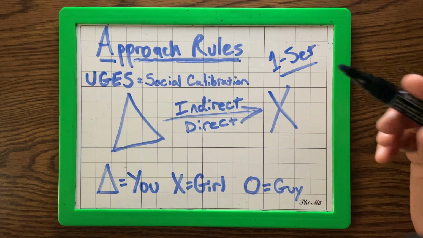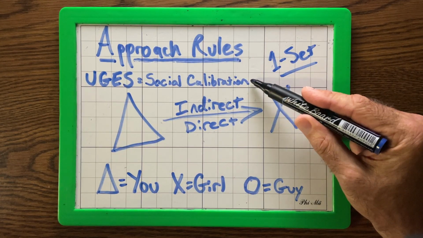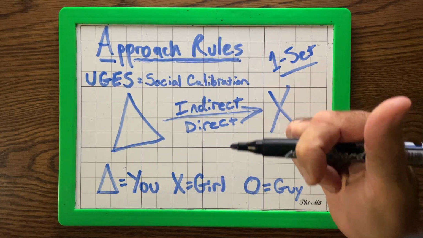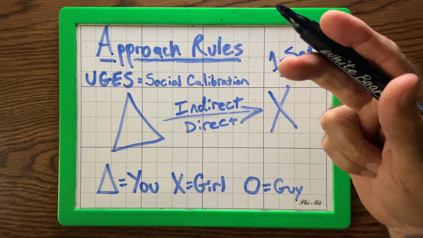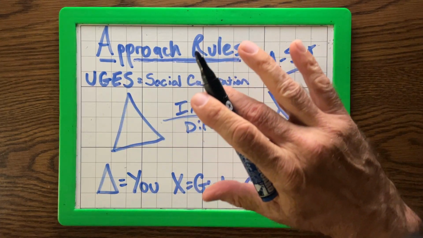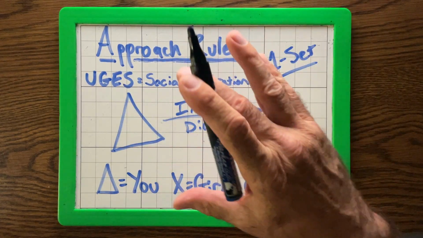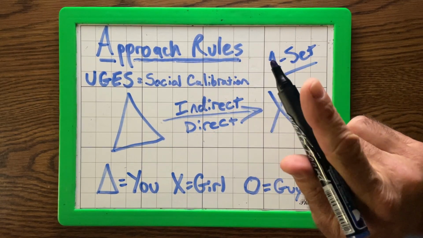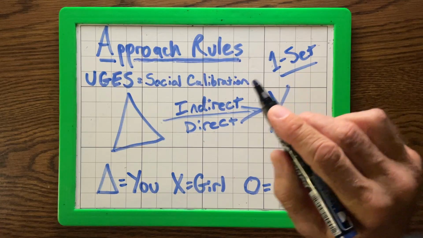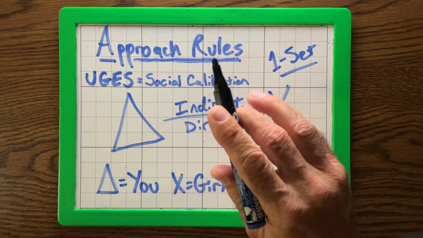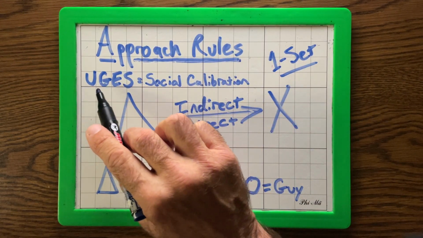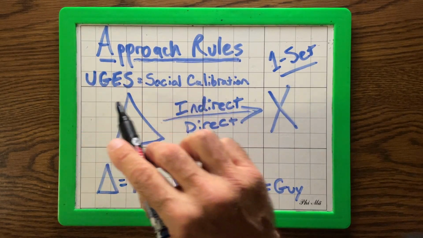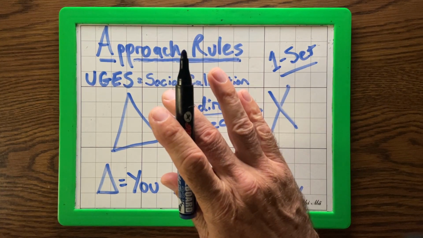And in order to talk about how to do it, we have to talk about social calibration. Social calibration is doing the right thing in the right way and at the right time so that everything just flows. All of your behaviors look perfectly natural during the cold approach. In order to do that, I've come up with an acronym to help you remember the 4 variables that are at play. UGES. Remember that acronym and we'll cover it at the end.